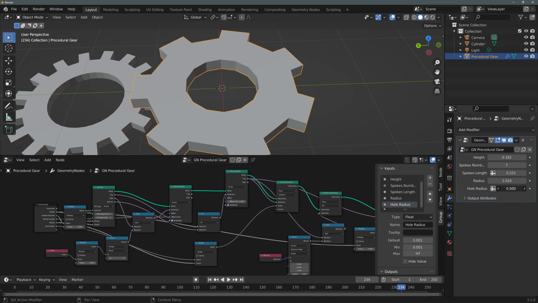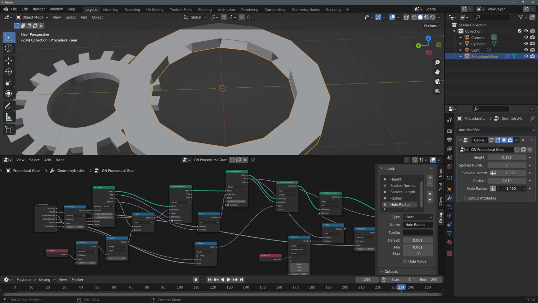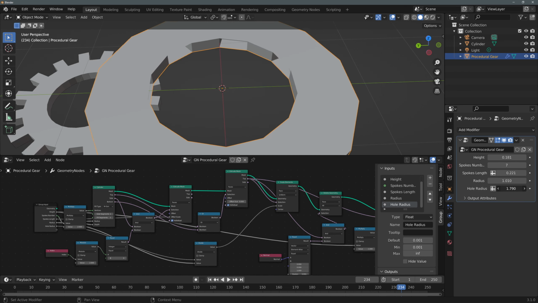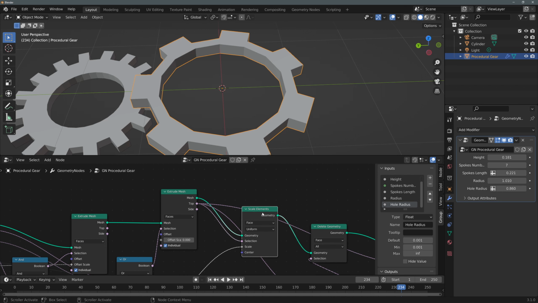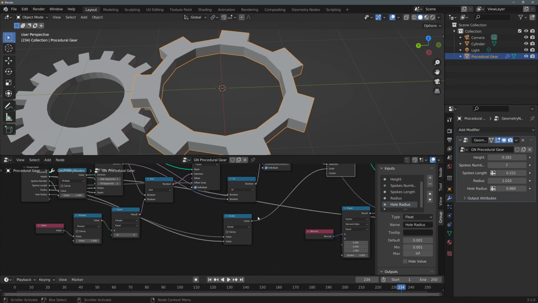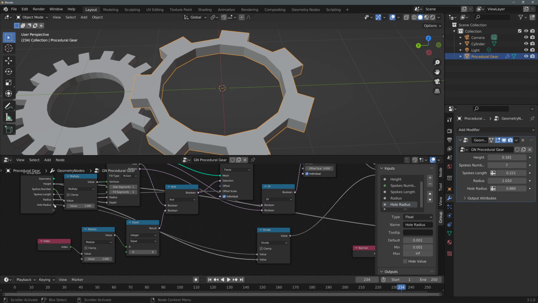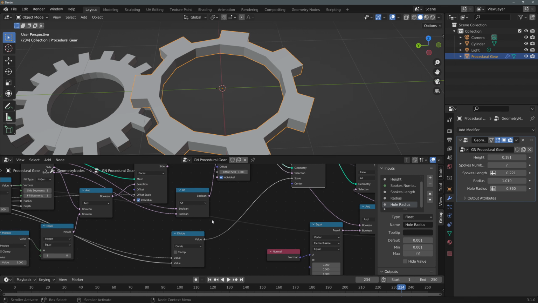Now you may have noticed that as I was dragging this radius around, you could see that the hole can actually become bigger than our actual radius itself, which is not great. So let's change that. When we define how big the hole is, that is based off this scale elements here, and that scale is simply based off dividing our hole radius by our radius. We want to clamp that by a value. So let's drag off here and do clamp